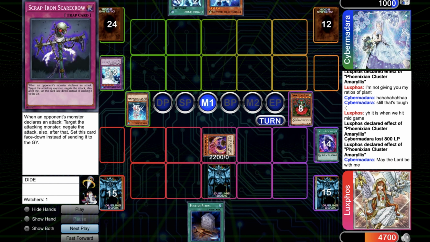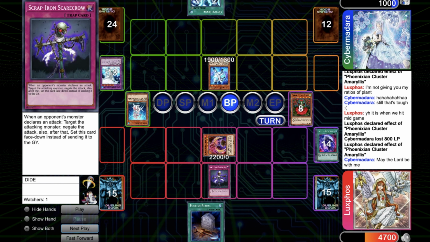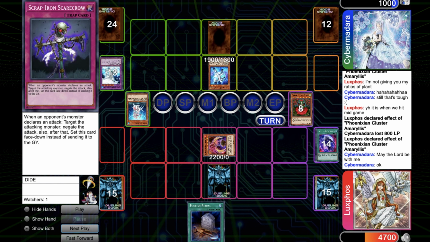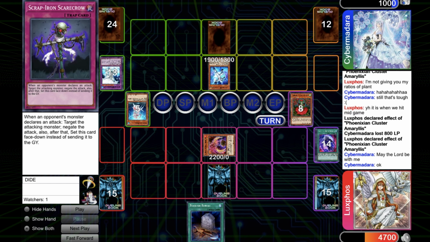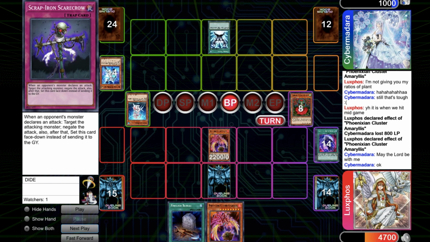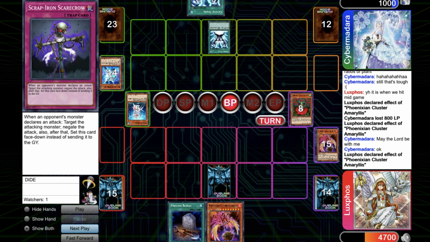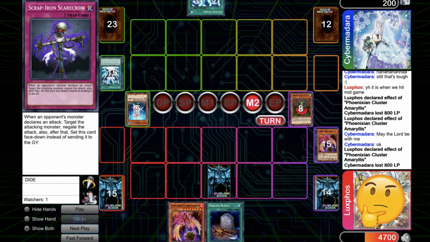Then he top decks Gemini Spark, so he normal summons Alias. He attacks over it, I negate, so I guess he goes for Gemini Spark? No. He set it, so now I know the card is Gemini Spark, because he was thinking on his attack resolution, so... I top deck another Cluster Amaryllis, so I attack over the Alias, and he goes for Gemini Spark, he clears, so he gets to 200, he top decks a card, and then I guess I can go for...